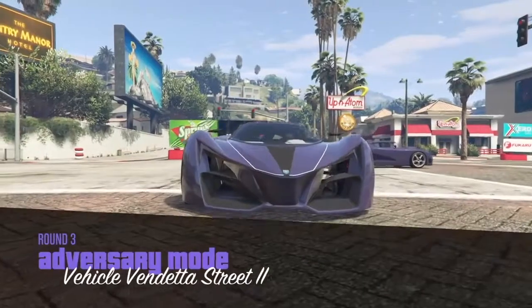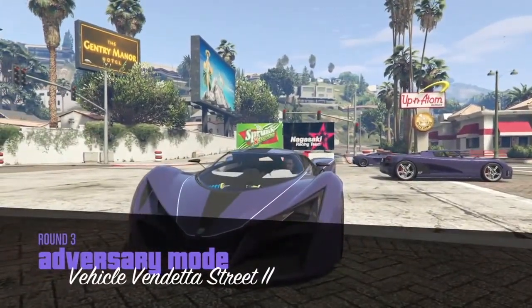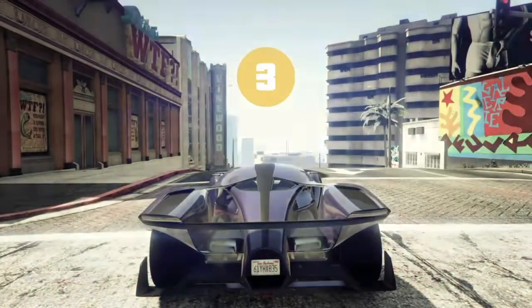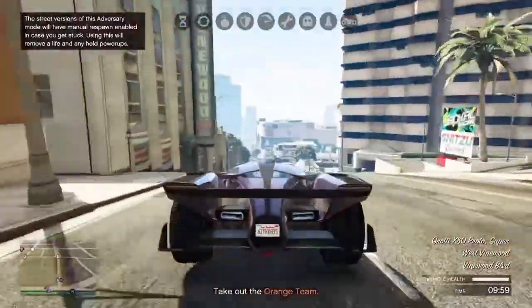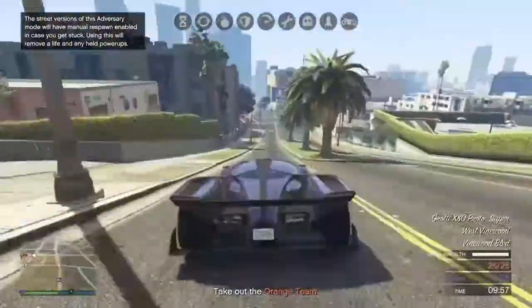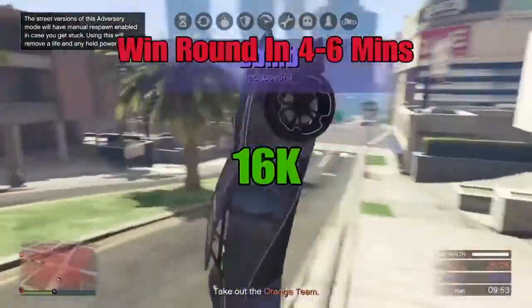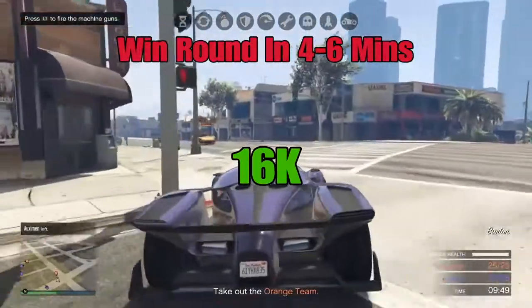Now if you finish the round in 4 to 6 minutes, not in 2 minutes, 2 minutes is so quick anyway, you'd have to put on like 5 lives each, but say you finished it in 4 to 6 minutes, you'd win $16,000. Now you're starting to get up, but like I said, you definitely shouldn't try and do that, because